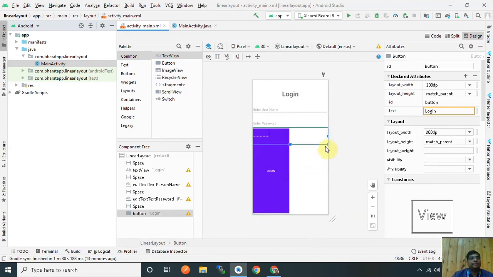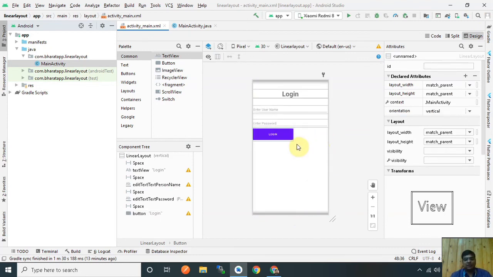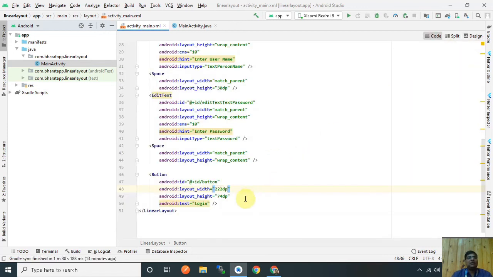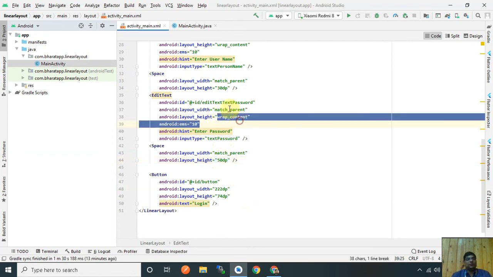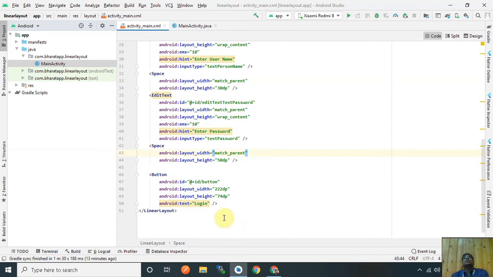According to this I change this. The space between them is removed, so all 50, okay, 20. Okay. Now the width and height.